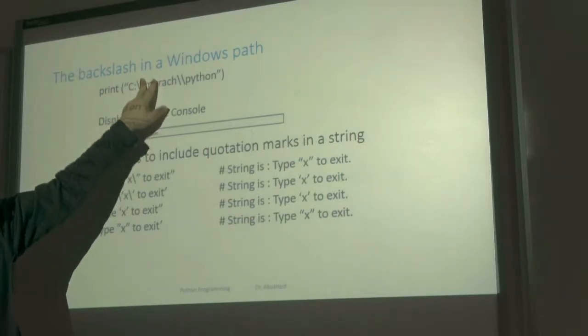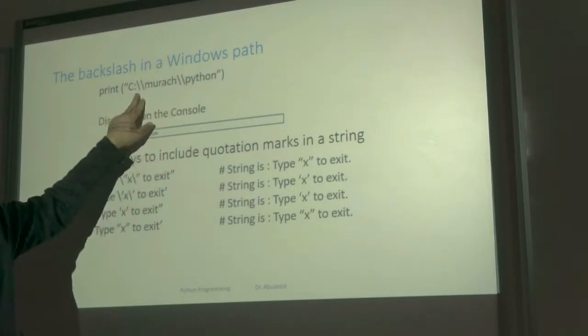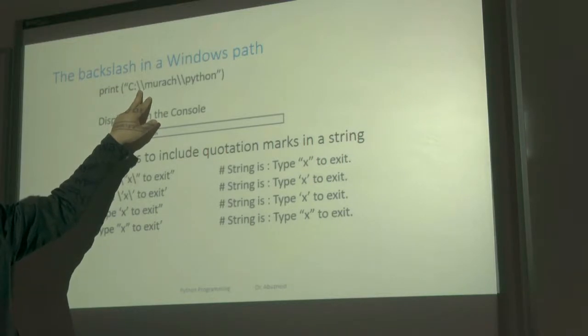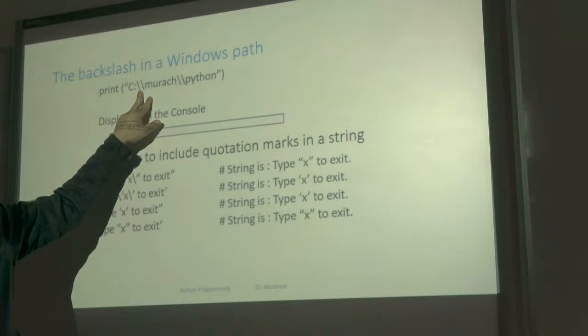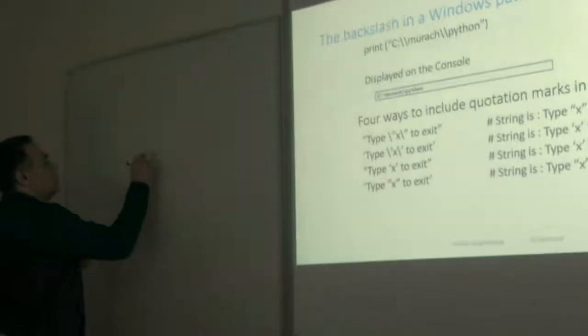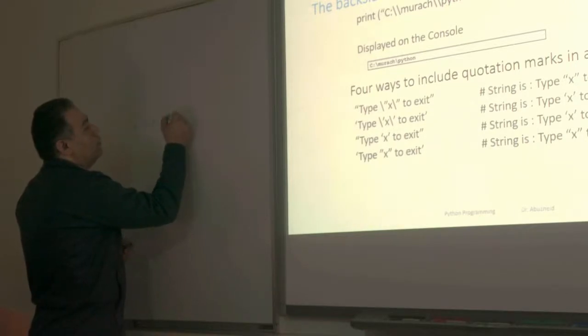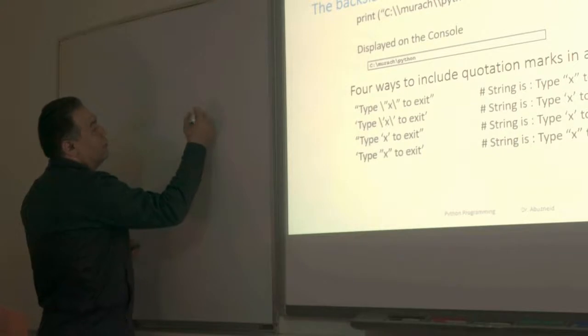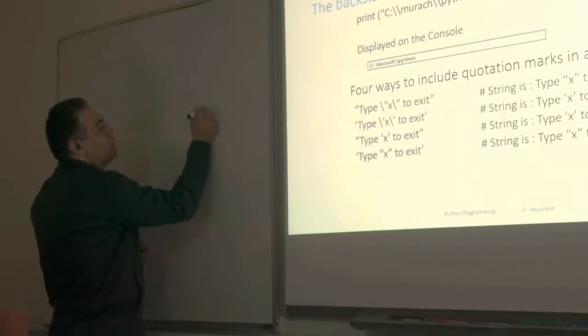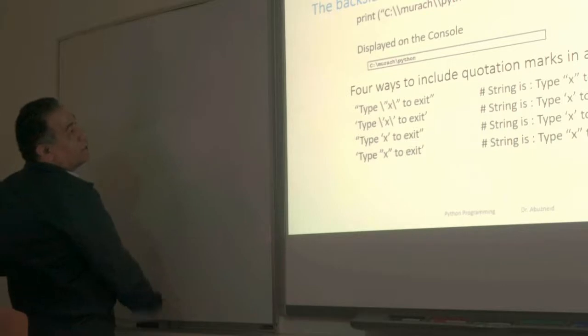If I put only one backslash, the compiler will interpret it as \n. What does it mean? I don't know what it means. Or this \p. But when I escape it, I'm telling the compiler this is just a normal character, which is a backslash. So for example, to make it more clear, if I say print text, hello, or let's say that I want to print a path. Let's say C colon